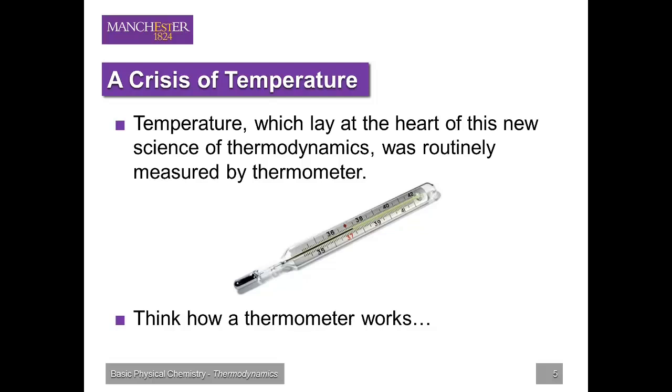Consider how a thermometer works. Imagine having your own temperature taken by a nurse in a hospital. The thermometer is placed under your tongue, heat flows from you through a thin wall of glass into a reservoir of liquid, which is usually either mercury or red-dyed alcohol. Thermal expansion causes the liquid to be pushed up a capillary tube with a graduated scale. It is the temperature of the liquid and its ensuing thermal expansion that is used to measure the temperature under your tongue. But at no point does the liquid actually come into contact with your mouth.